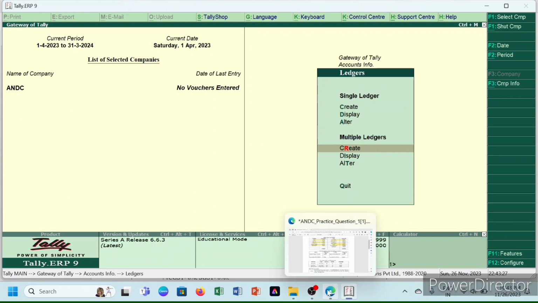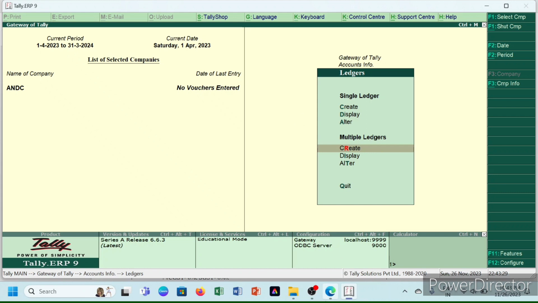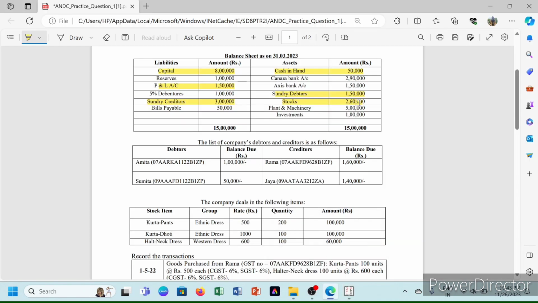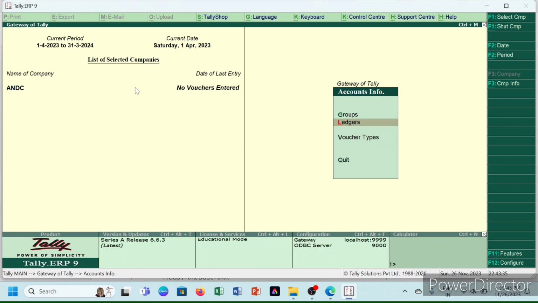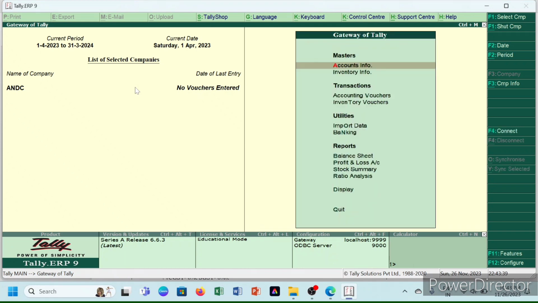So we have put the debtors, creditors, only stock is left here. Since we are using GST in this question, we will first change the features. Press F11,